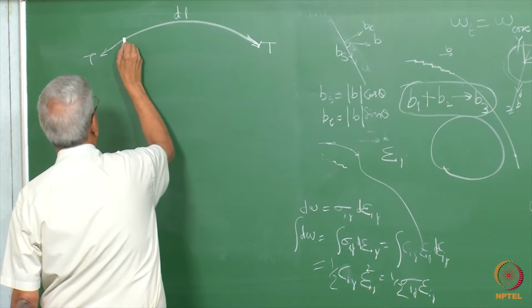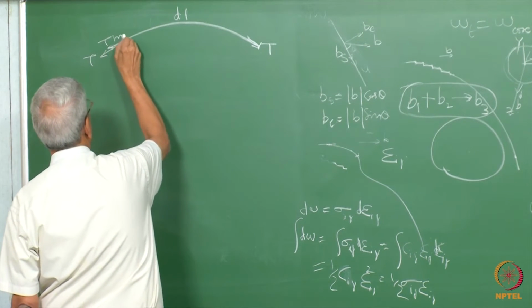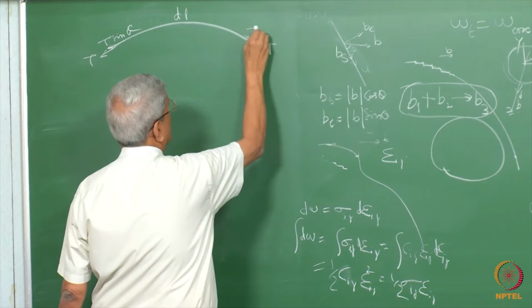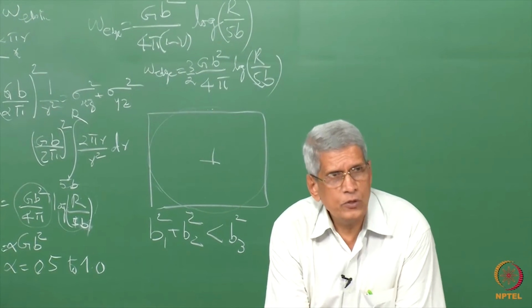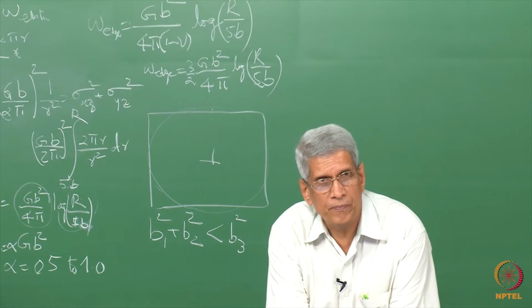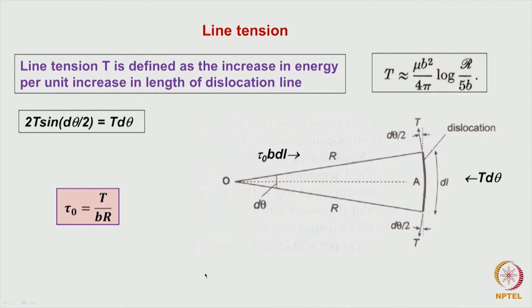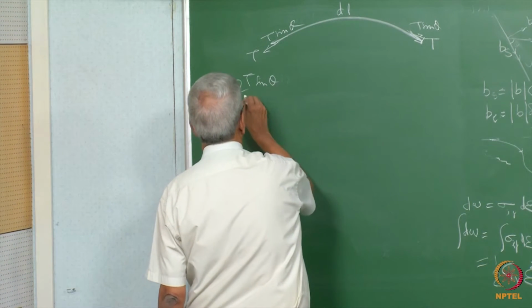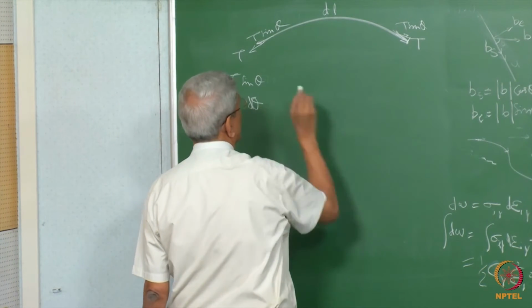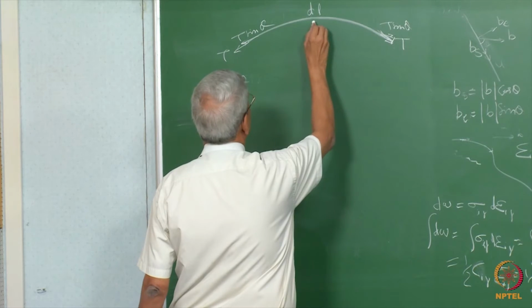It's T, and if we take the tangent, which is going to be T sin theta, here also T is the line tension. The tangent to it is T sin theta. And this force, sin theta, is the one which together will be 2T sin theta. When theta is small, this turns out to be T d theta. You can see this in the transparency also.